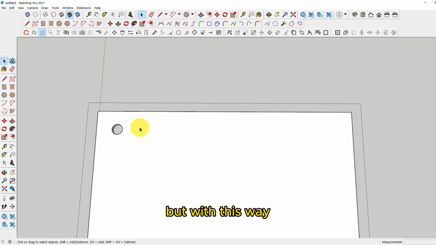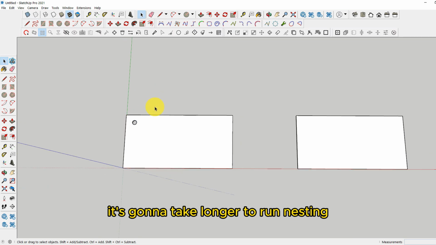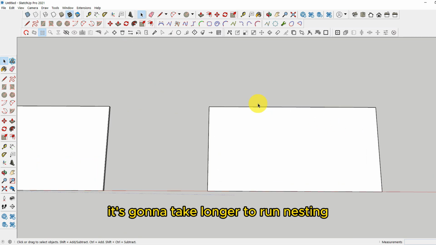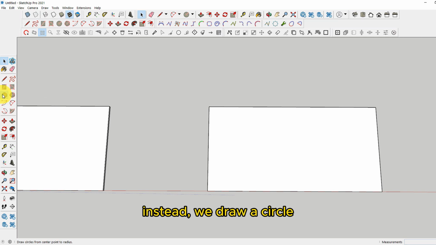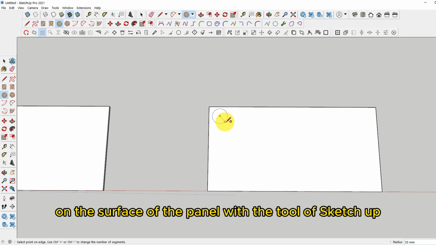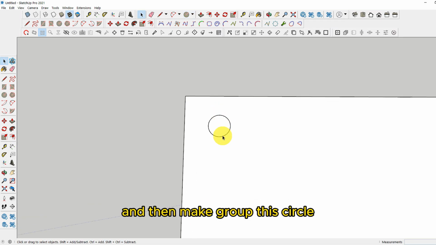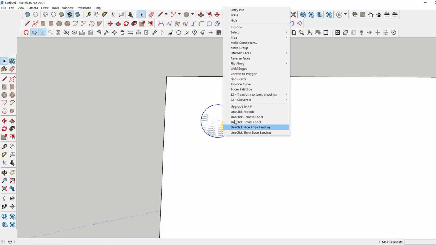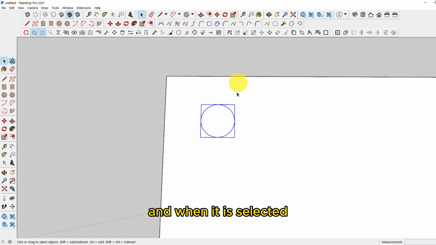But with this way, it's going to take longer to run nesting. Instead, we draw a circle on the surface of the panel with the tool of SketchUp and then make a group of this circle, for example. And when it's selected,